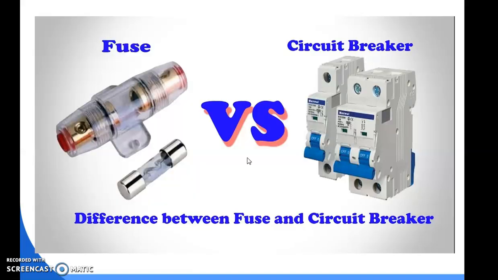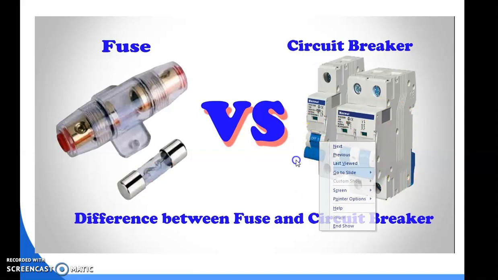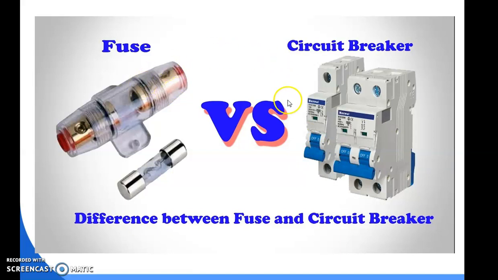So what is the difference between this fuse and a circuit breaker? This is the MCB. Nowadays, if over voltage or anything occurs, the circuit breaker will automatically trip, and you have to switch it on again. So this is the difference between a fuse and a circuit breaker. It is a very important thing: the fuse versus the circuit breaker.